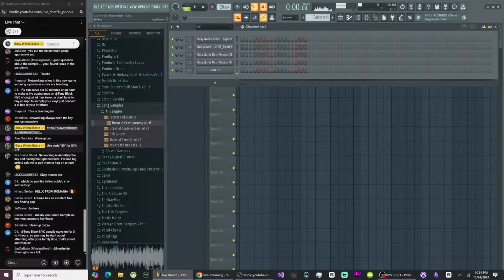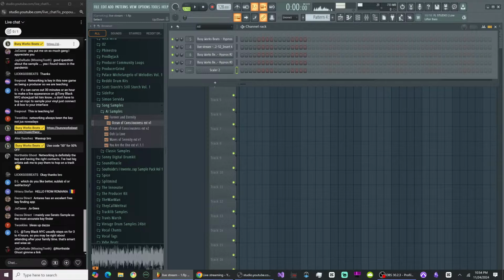Daza says Antres has an excellent free one. Yeah, you could try those key finding things, but the problem is that it's hard for them to detect pitch dives. If I pick up my guitar and do a pitch slide, those scale detectors might confuse the root note. So I try to avoid those because they're only like 70% accurate. And also you've got to think about key modulation and all that type of stuff.